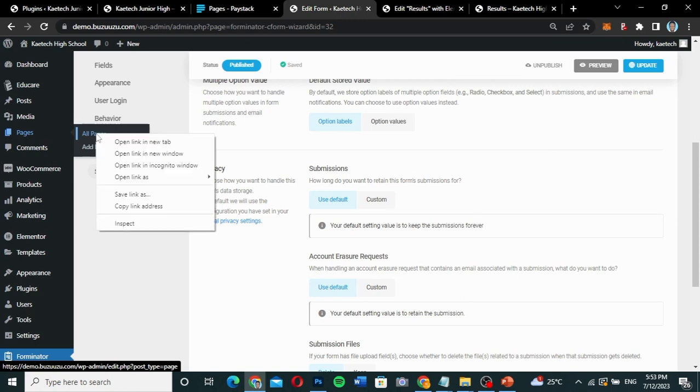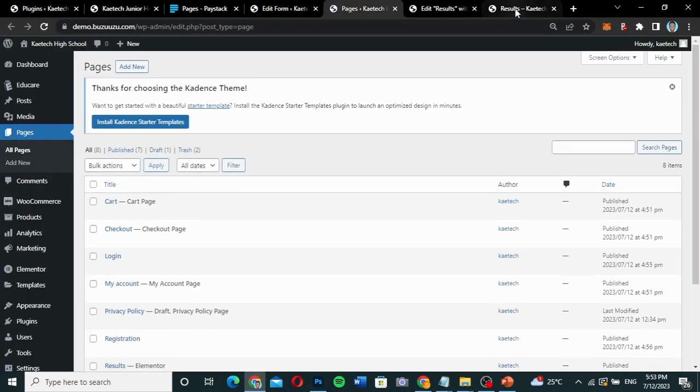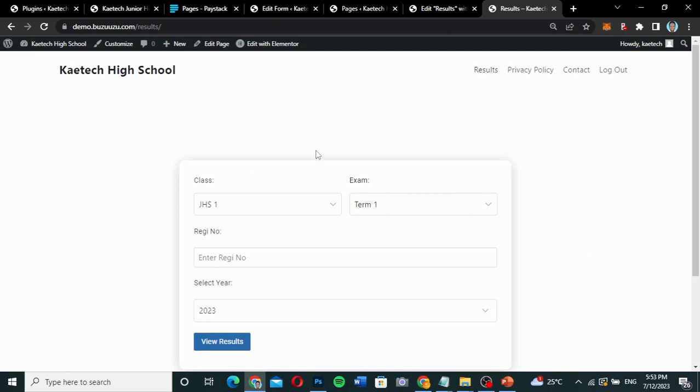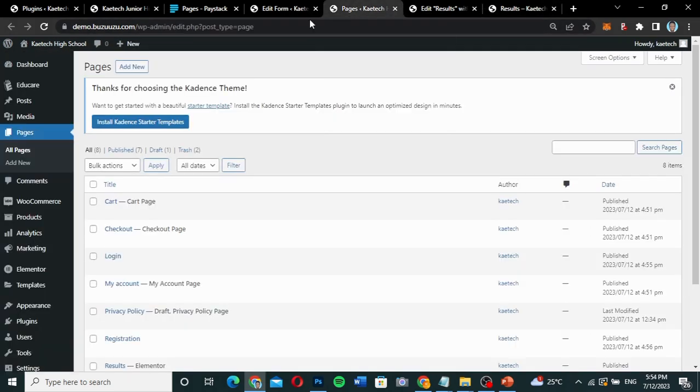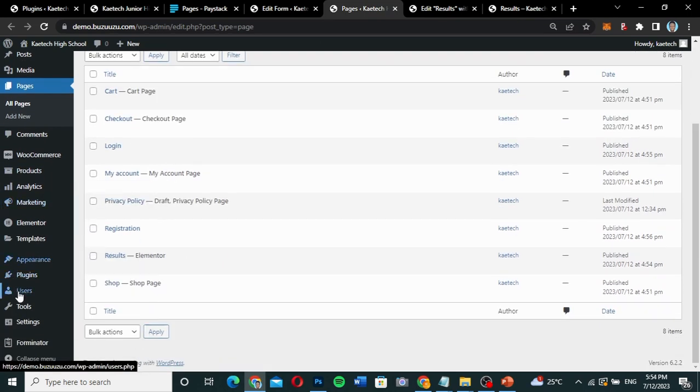Okay, so I'm going to go to all pages over here. I'm going to go to all pages now. Remember that if you look at this page, we want to set this page as a home page. As you can see, this is the results page. To set this one as a home page, what we have to do first is go to